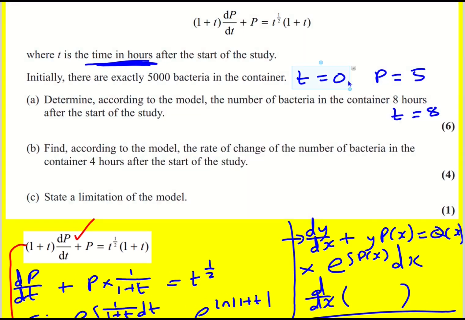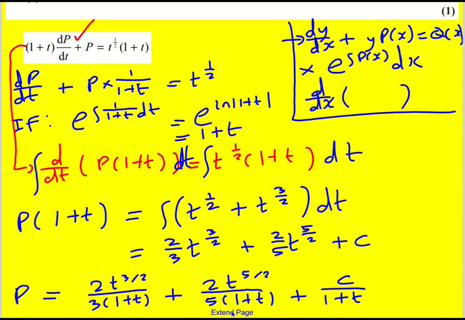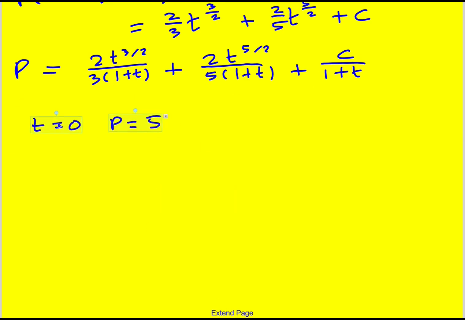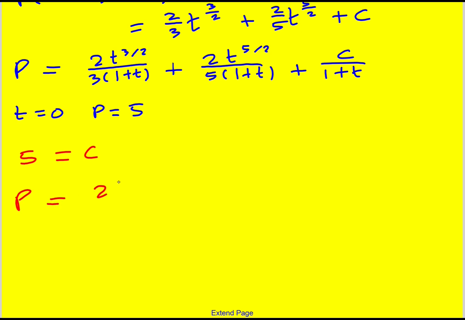Remember, we're given this as our initial conditions. So let's sub them in, and that will allow us to find out c. This ends up giving, well, we're going to set 5 equal to all of this. And actually, the first two terms just cancel, and the third term just becomes c divided by 1. c is 5. So our particular solution is very quick to get. P equals